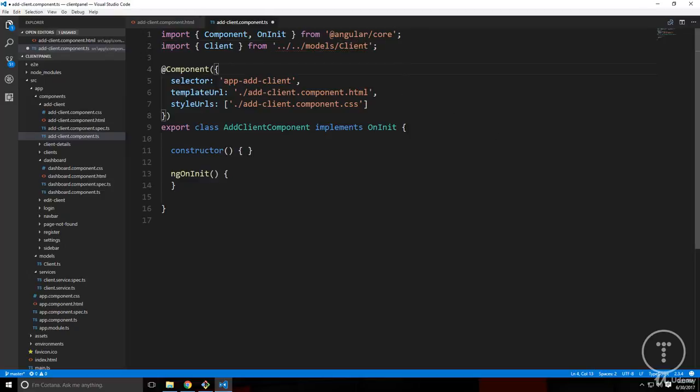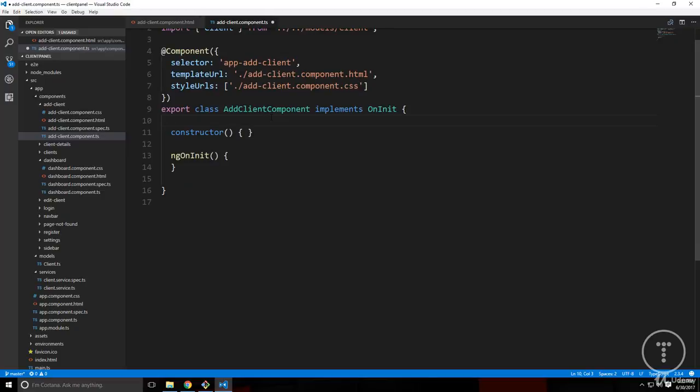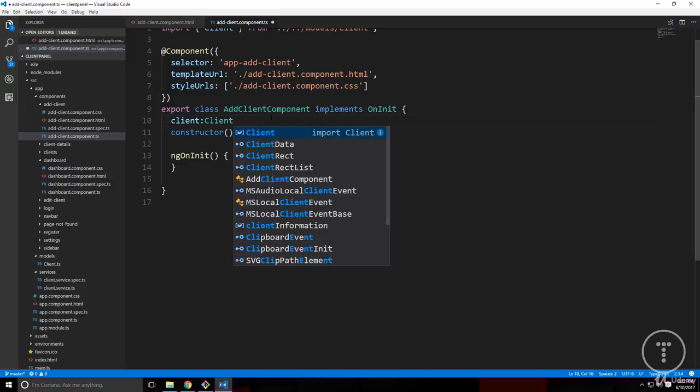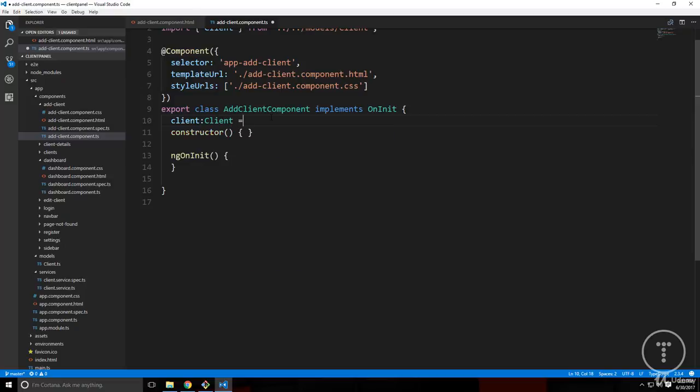Okay, and then let's see, we're going to add some properties. So let's add client, set that to the type of client that we just brought in, and then we're going to set that to an object with just the field name. So first name, just set it to nothing. Last name,